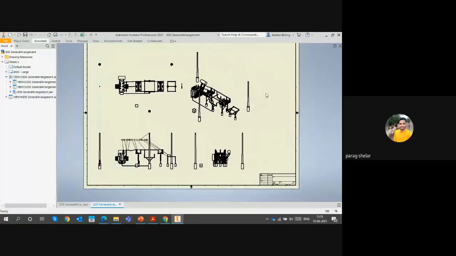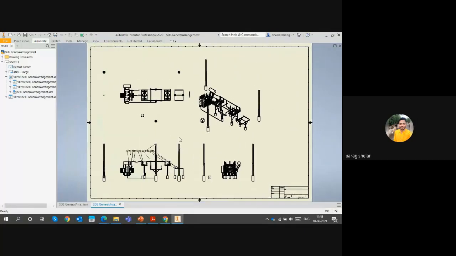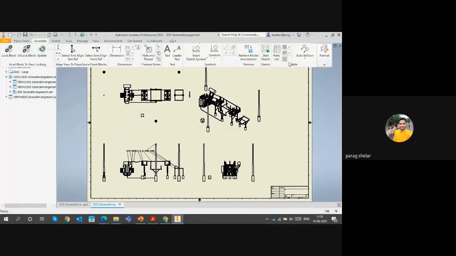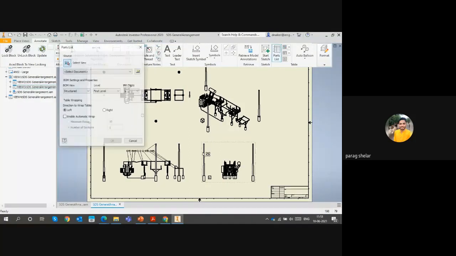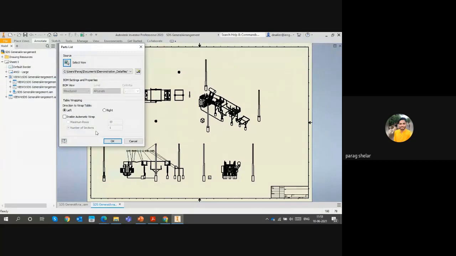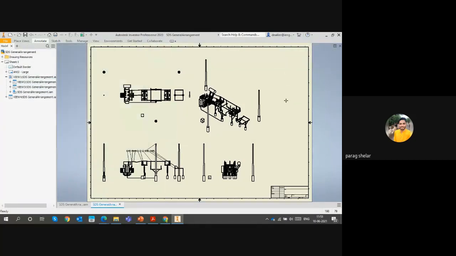So now we are going to extract the part list from this 3D model. We call it a bill of material. So again, going back to the annotation, and then the part list option, selecting a view, and then we have got a few settings again. So I'm going to say OK, and adding the bill of material or part list for